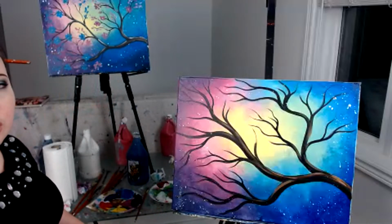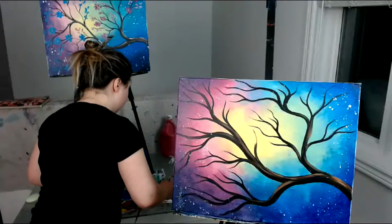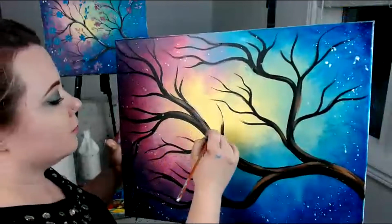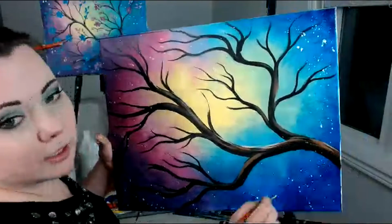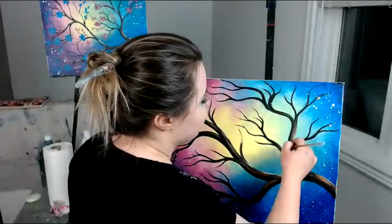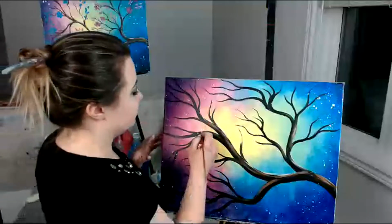And then I'm going to wash off my medium brush and I'm going to grab my small brush. And I'm going to grab just a little bit of white paint. With a small brush and just a little bit of white paint, I'm going to add the tiniest little highlight to my branches. Again, you don't have to do it on all the branches. You can just choose a couple and do it on those couple. I would recommend starting with the thickest ones, with the main branches. But if you want to do it on some of the main branches, not even all of them,